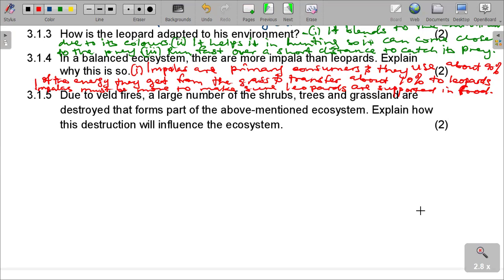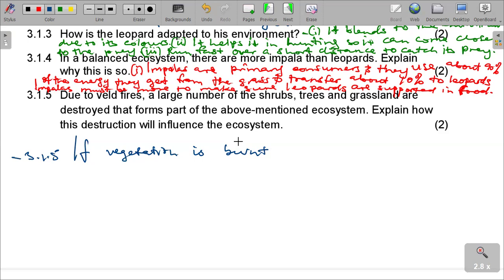Due to field fires, a large number of the shrubs, trees, and grasslands are destroyed. That forms part of the above-mentioned ecosystem. Explain how this destruction will influence the ecosystem. So one thing that you should understand, question 3.1.5, is that if shrubs and grass are burned, if vegetation is burnt,